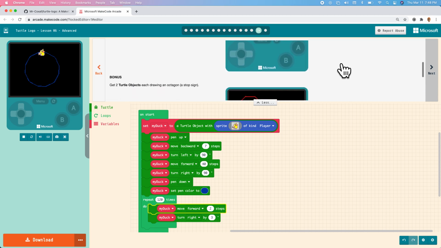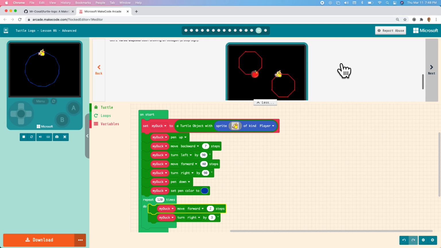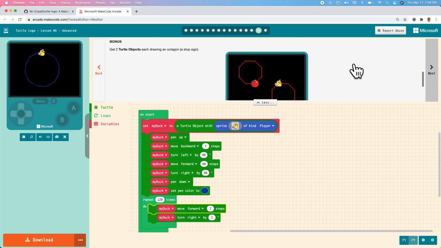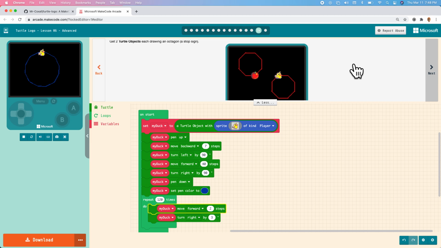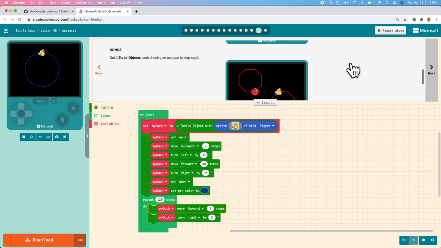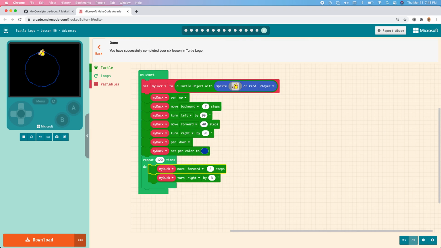And as a bonus, can you get 2 turtle objects to draw 2 octagons, one right after another? Okay, so that's the extra bonus on looping to see if you can get that working. And that's our lesson for